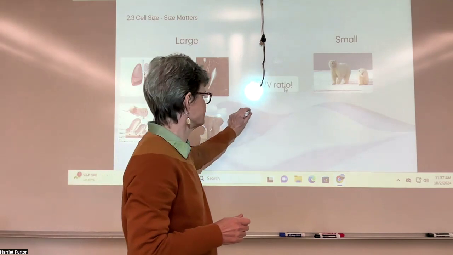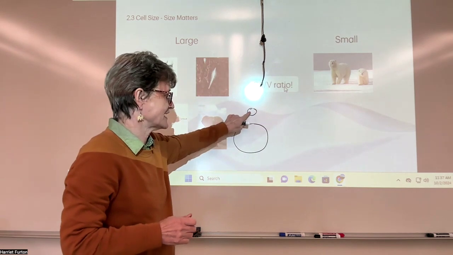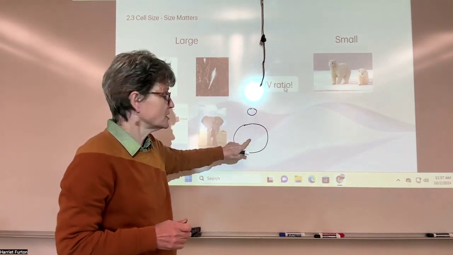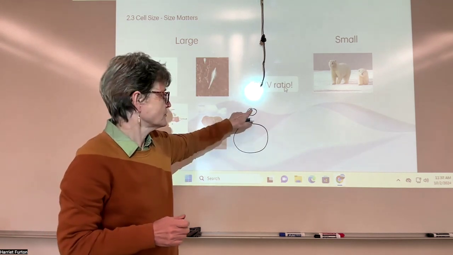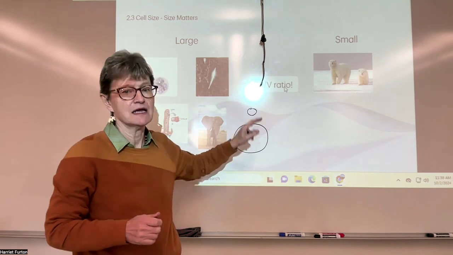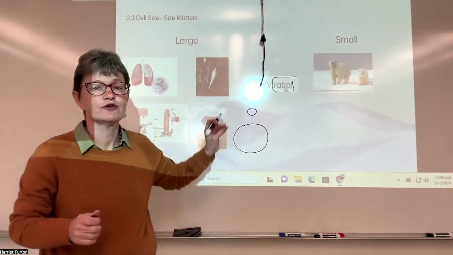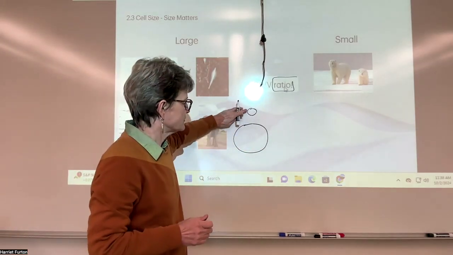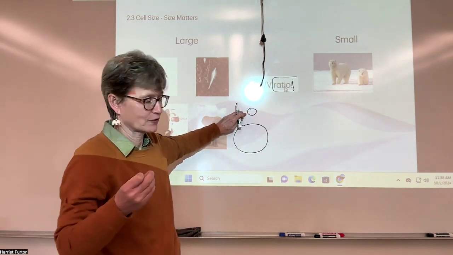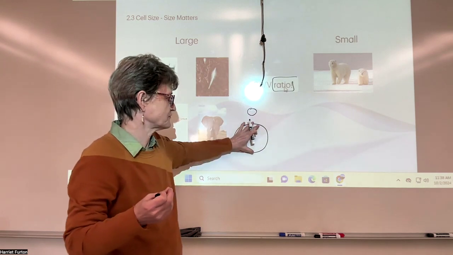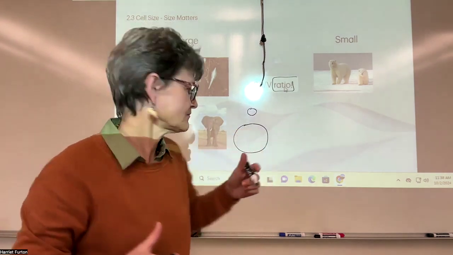As the cell gets bigger, the surface area of the small cell is small and of the big cell is big; the volume is small, then big. But the point is the ratio per unit volume. So the surface area for a small volume is way bigger compared to the surface area for that huge volume. Why is that? Because the volume